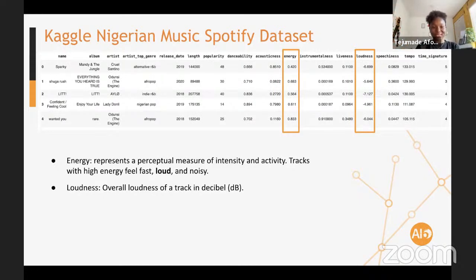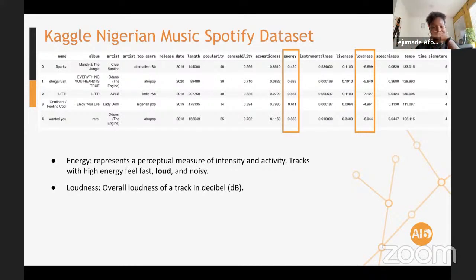Even in the definition that Spotify gave, in the description, they said energy represents a perceptual measure of intensity and activity. Tracks with high energy feel fast, loud. So I know that as you increase energy, loudness increases.